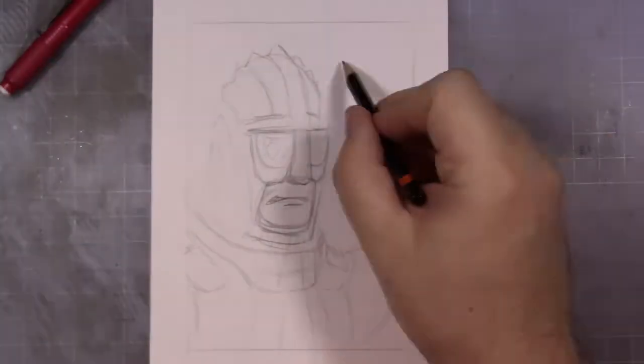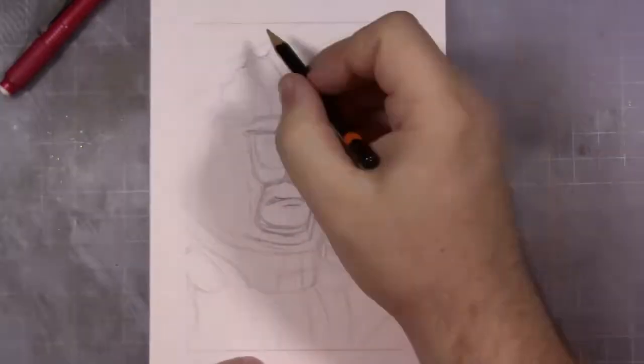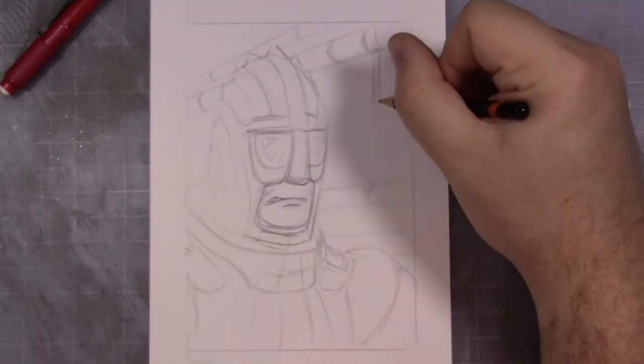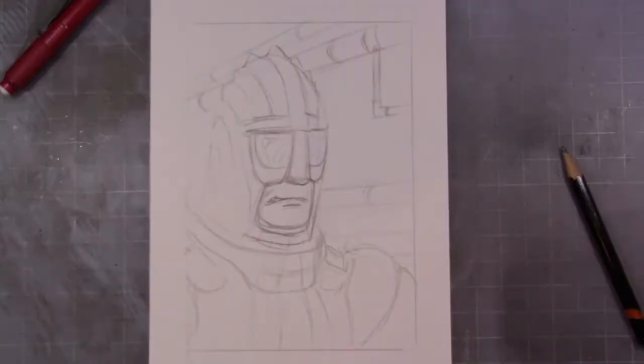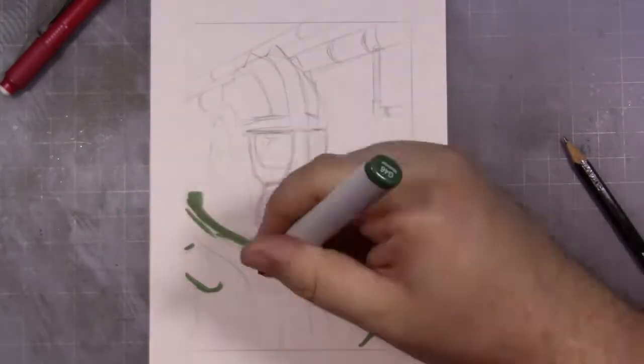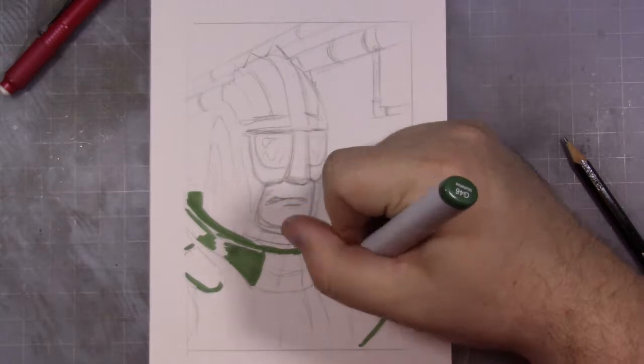From there, they appeared in a couple more classic Doctor Who stories: '69 in The Seeds of Death, '72 in The Curse of Peladon, and '74 in the follow-up, The Monster of Peladon. Now, they hadn't been seen for a while until 2013 when they appeared in an 11th Doctor story called